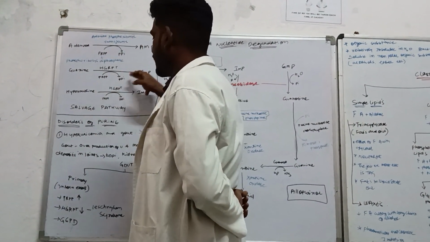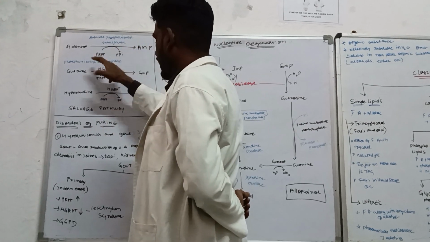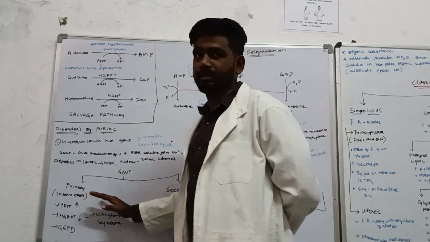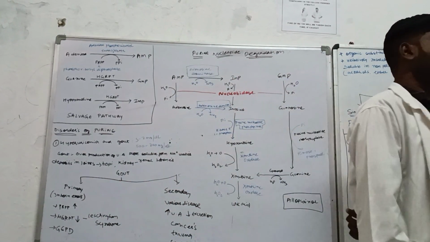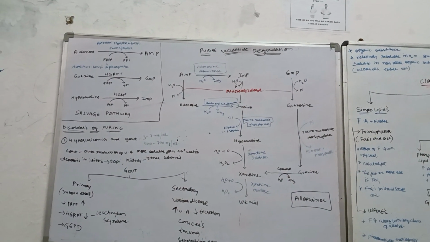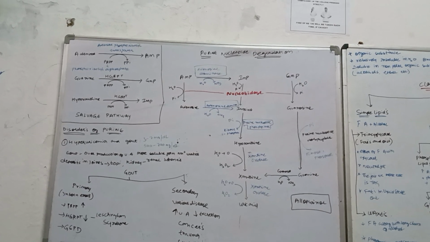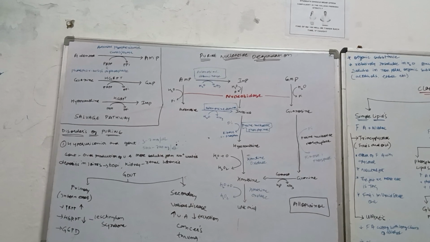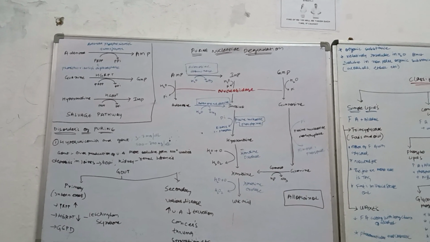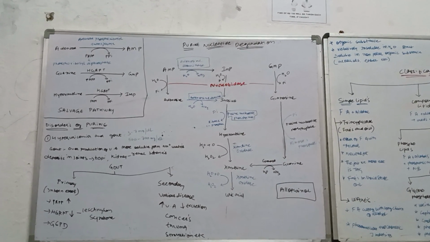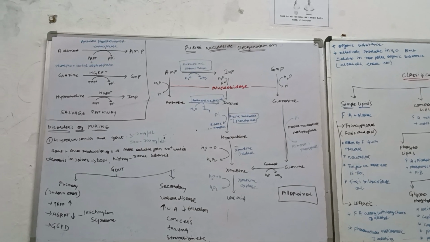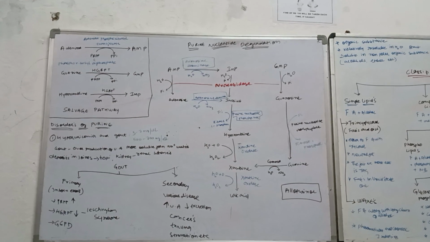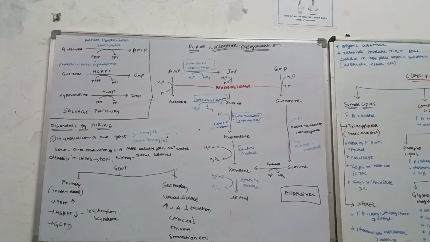अब ये जो salvage pathway है ये आपका help करता to understand the concept of gout, primary and secondary. That's the reason I am saying to you. ठीक है. If you know only about the gout, then it is okay. But if you know about the genetical defects of the gout, then it is super okay. If you don't want to know the salvage pathway and other things, you can leave it. But if you want to know what is the genetical cause behind that, then you need to know about the salvage pathway. ठीक है.